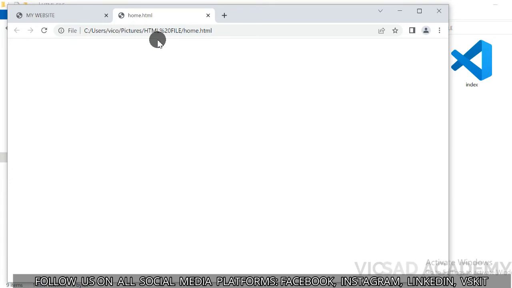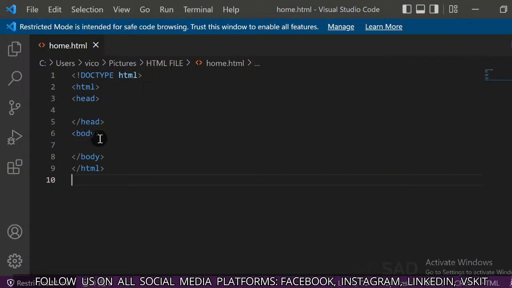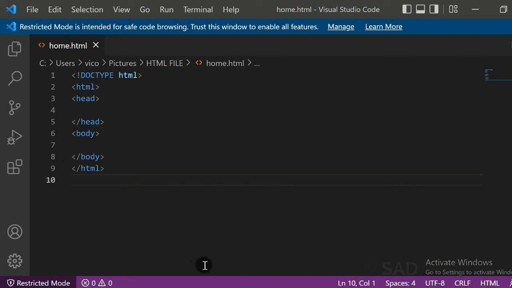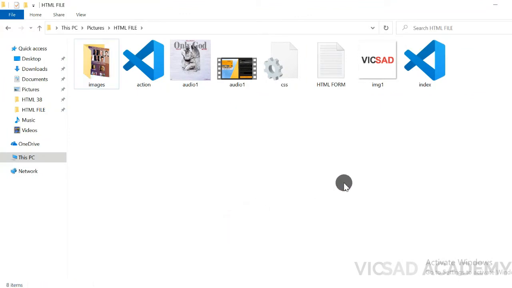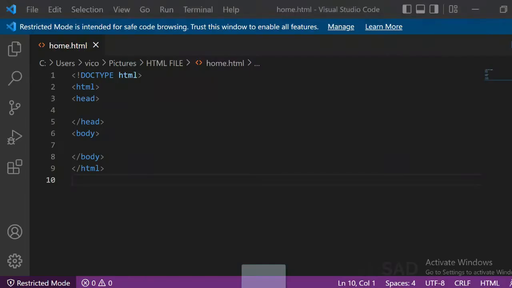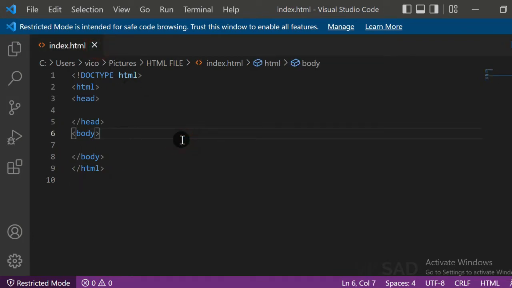We don't have anything on our page, as you can see. So it's just going to show the normal thing. So guys, I think we don't really need that. Let's delete that for now, and then I'm going to bring this back to my Visual Studio Code. Yeah, so back to the